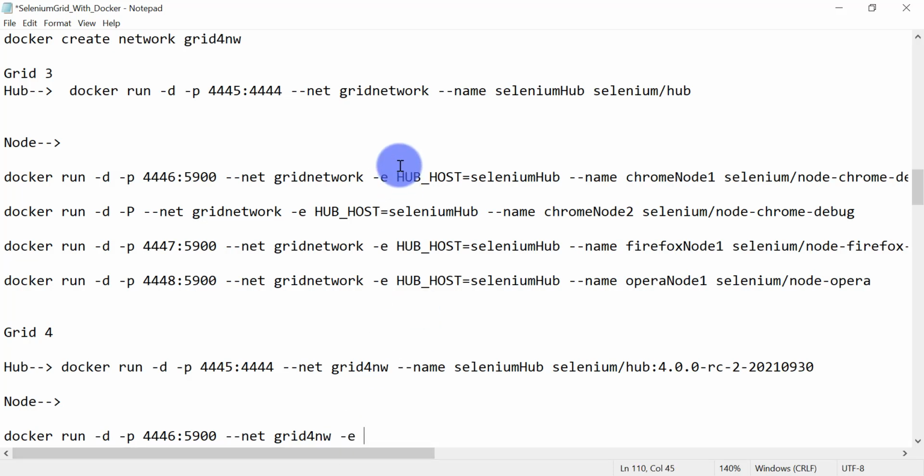So here we are not using this key here, hub host. Instead of that key, we need to use SE_EVENT_BUS_HOST equal to your host name, that is the hub name. So this is my hub. Then the next parameter, next environment,